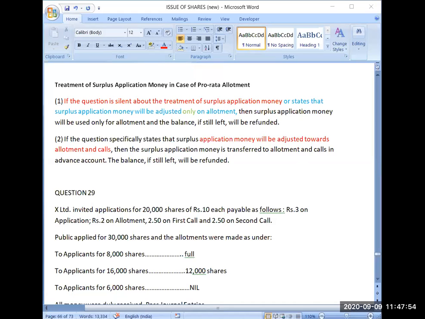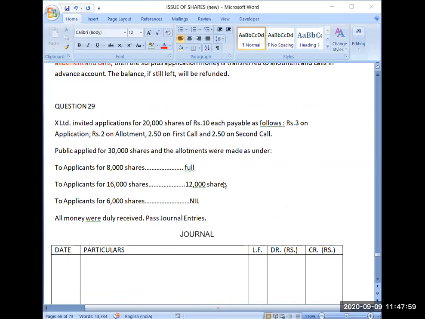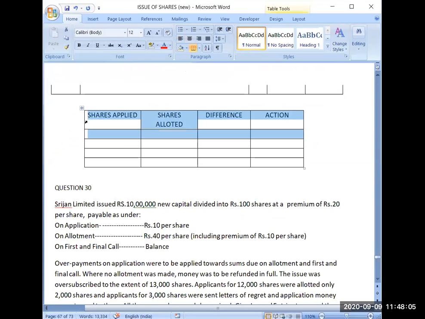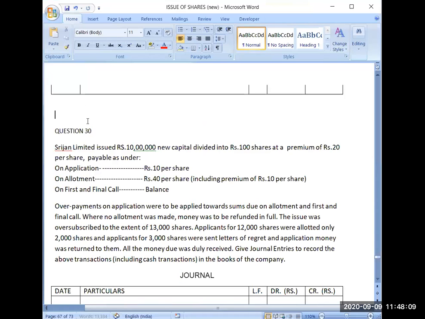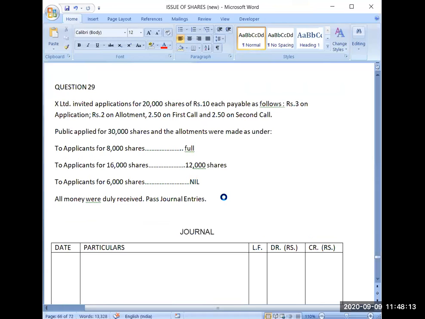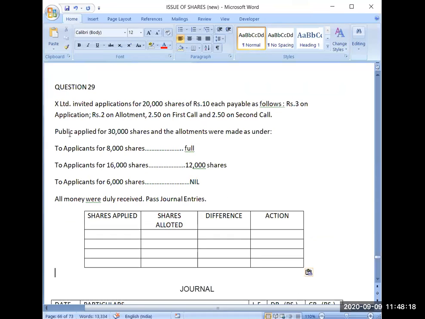Now see the next question, and we will make the table. Please proceed with me. I will copy this table from here. This working note should be after your main answer, but for your convenience, so that it should be properly visible, I am making it here only for the convenience purpose.